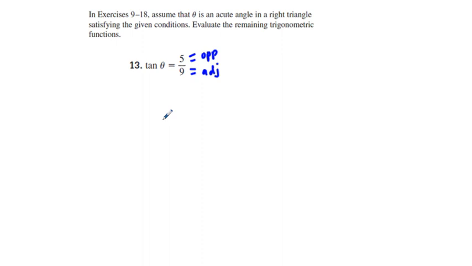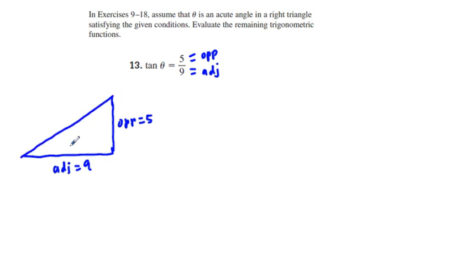So we have simply to draw our triangle, and I'm going to put opposite is 5, so that's this little vertical line segment. I'm going to say opposite equals 5, and our adjacent is 9, so I'm going to come over here, draw a horizontal line segment. I'm going to say adjacent equals 9, and then just draw in our hypotenuse like this, and we have a right angle symbol right here